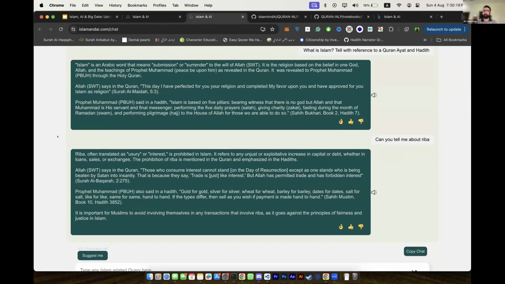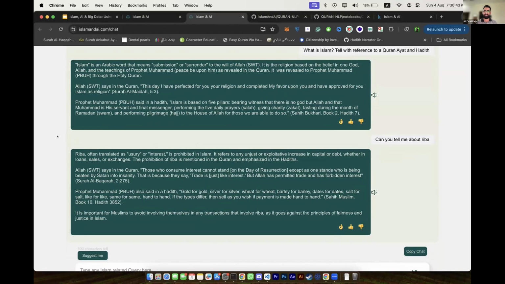For this, I've prompted it so that it always mentions surah and hadith from the sources it has, and it tries its best to be as accurate as it can. But obviously, no one can claim this is 100% correct. So this is just right now for research purposes, and I strongly tell everyone to use it for that.